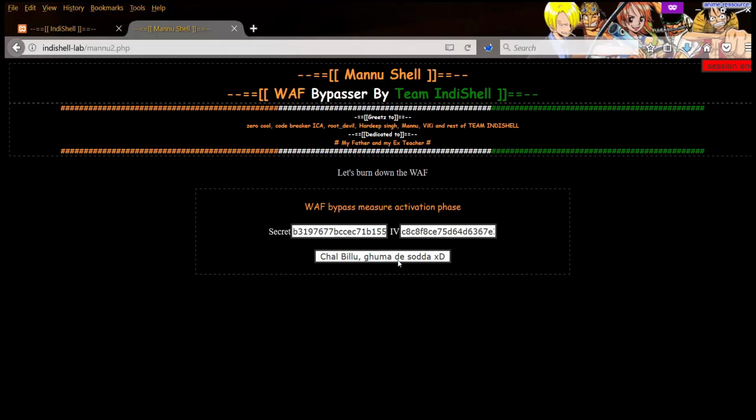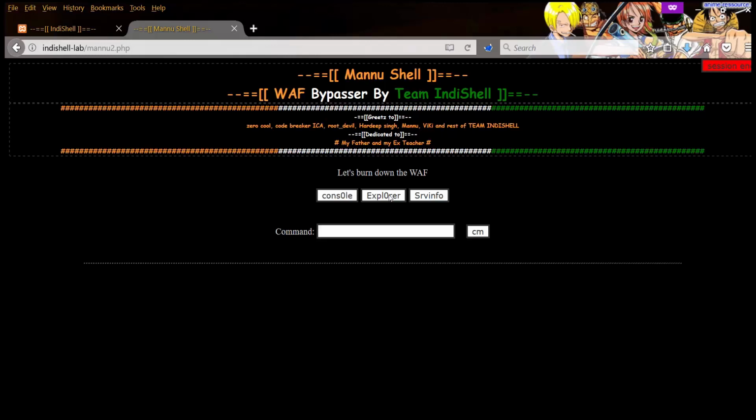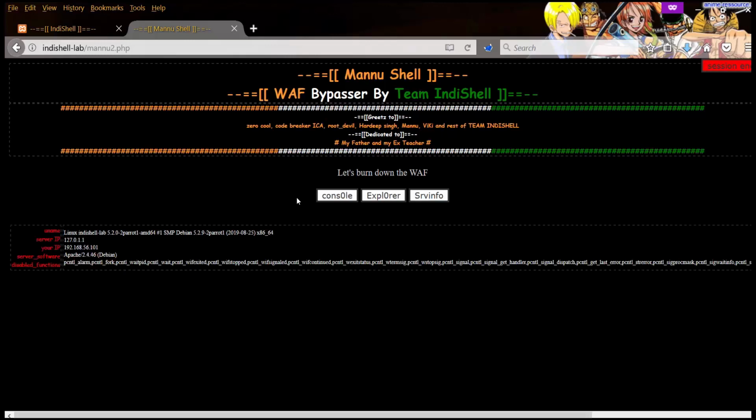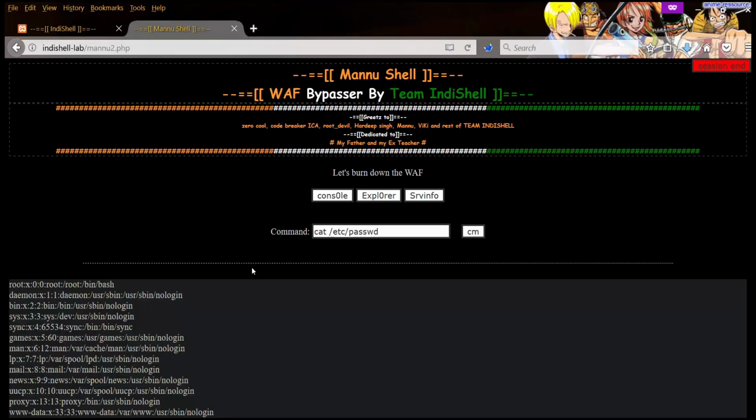Once we have this screen, we just need to click the submit button, and later we have the console, the explorer, and then server info. Let's go for the console, because the console allows us to execute OS commands. Here you can see I can actually execute the command.